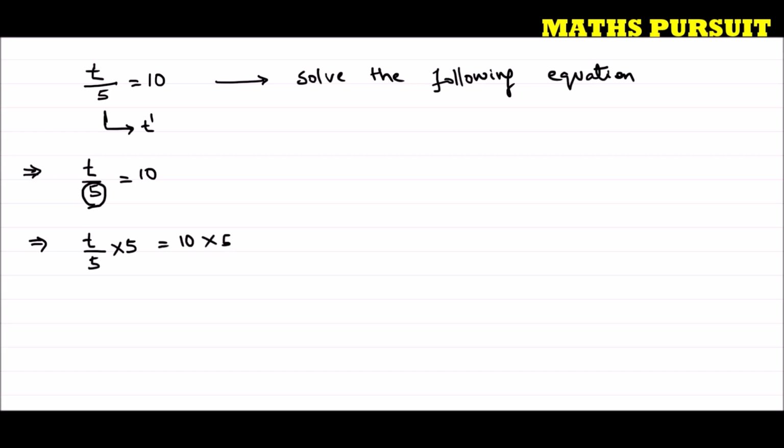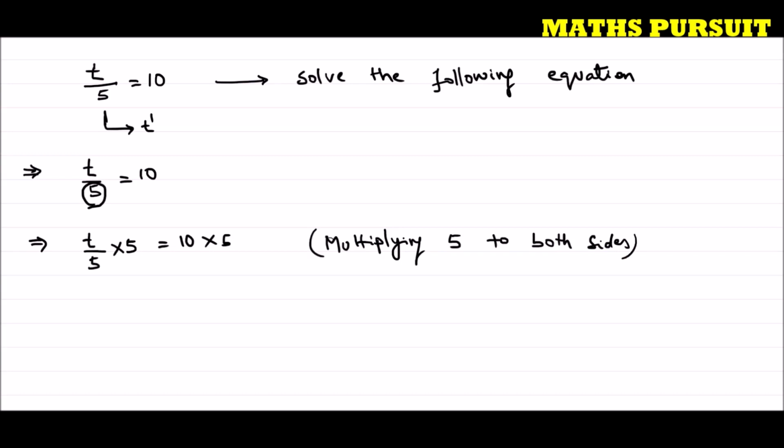What I did in this step is just multiply 5 to the left hand side of this equation. And why did I multiply? So that I can eliminate this denominator 5. If I am multiplying something to the left hand side of the equation, I should also do the same thing to the right hand side of this equation. So I also multiplied 5 to the right hand side. In this step, I multiplied 5 to both sides.